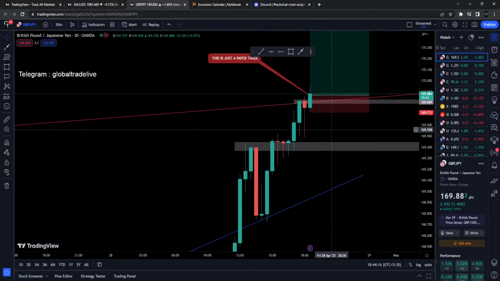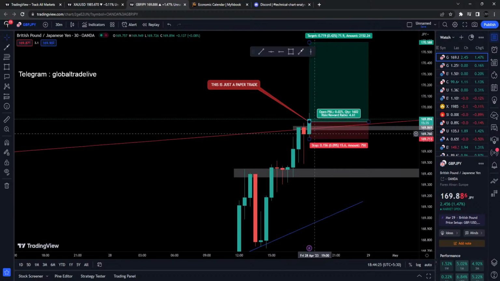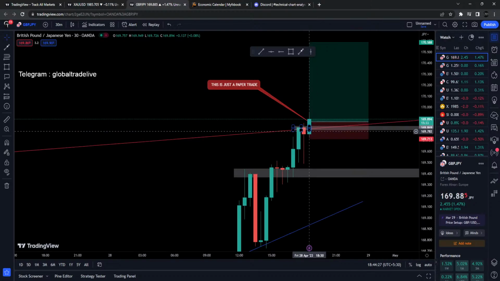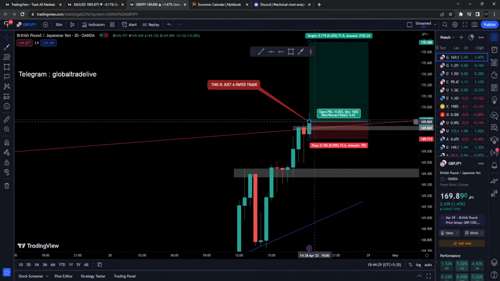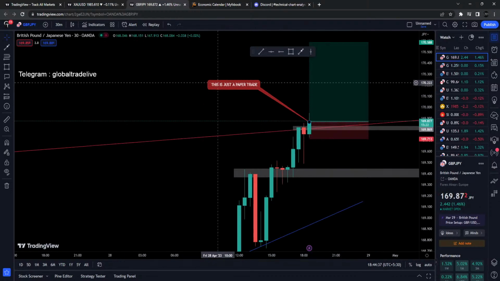Because look over here, now the retracement has been done, right? In this candle, if we talk about current market scenario, the retracement has been done in this candle. Okay, I can easily take a trade when this candle broke the high of the previous one, by keeping my stops over here. And look, the stops are not that big, right? But I'm not taking this trade. I'm just taking this as a paper trade, just to show people why I'm not taking this trade.